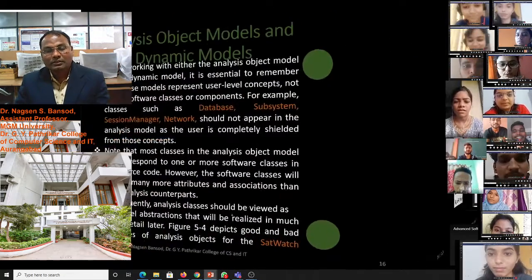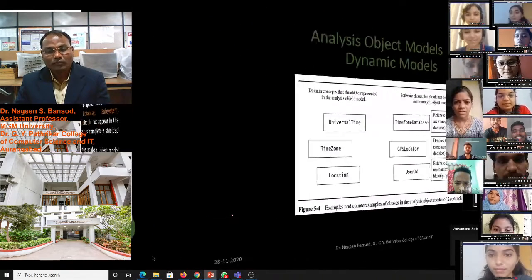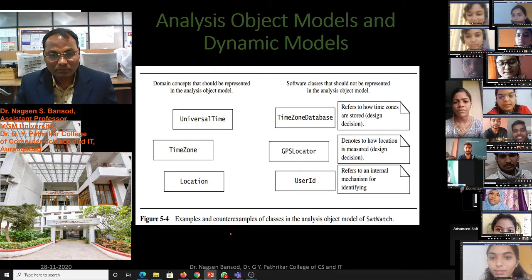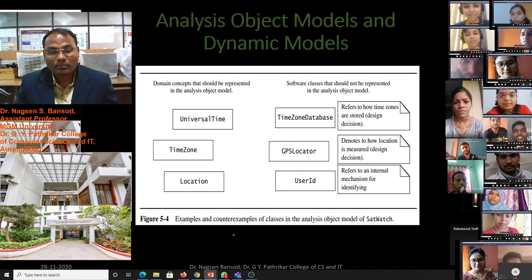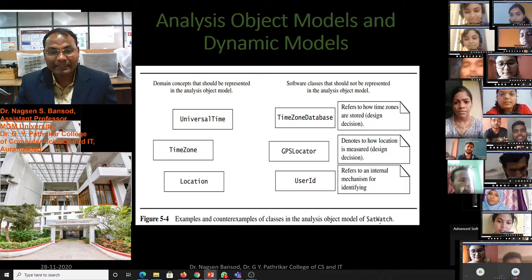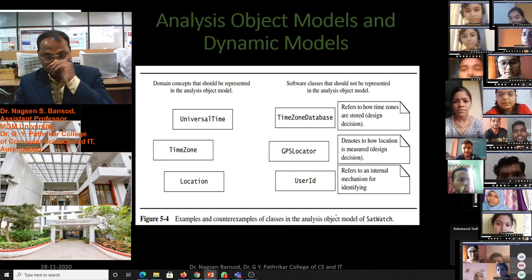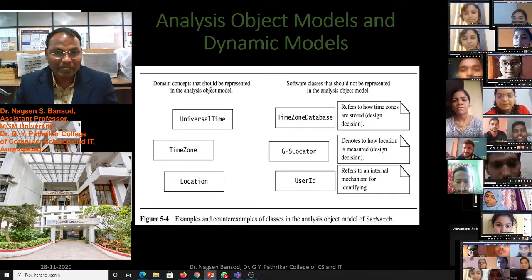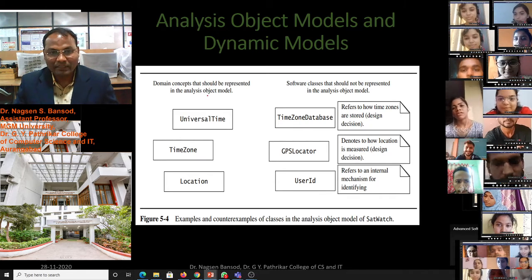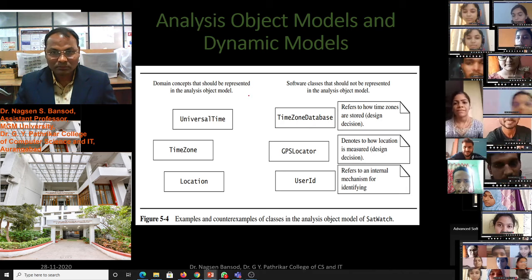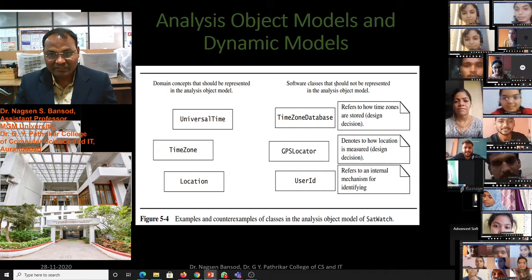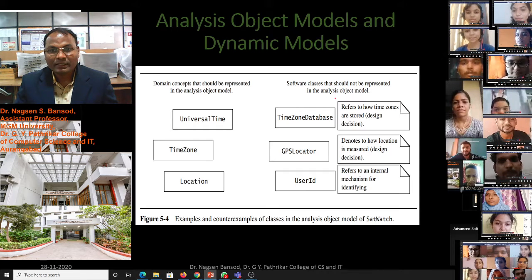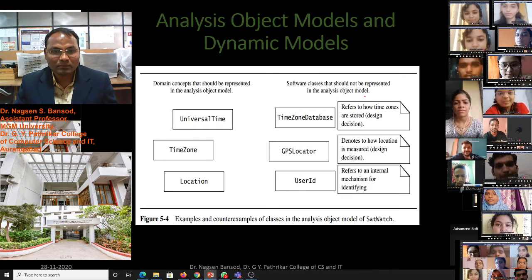You see this Figure 5.4, example and counterexample of classes in the analysis object model of SatWatch. The domain concepts that should be represented in the analysis object model, and the software classes that should not be represented in the analysis object model.